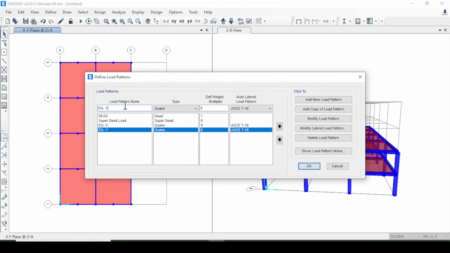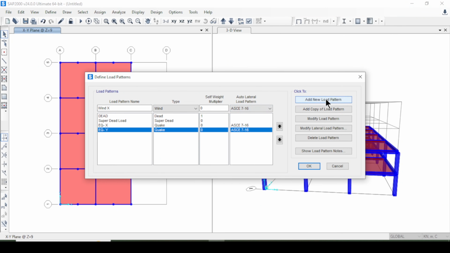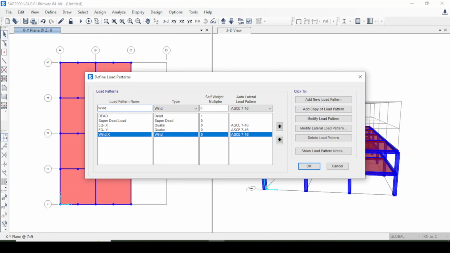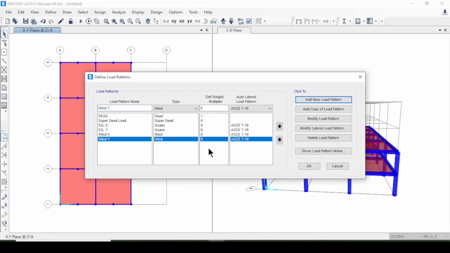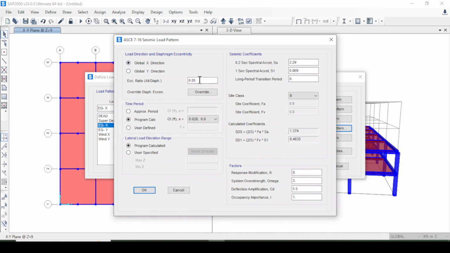Then I will consider wind x, and it will be wind. Here I will select wind and the code will be American Society of Civil Engineering 7-16. Here add, the same I will do for wind y-axis as well and the same code. So now I will just do some modification here, and it is earthquake x-axis and 5%. You will have these SS and S1 values from the map, or you can just put these values 0.15 and